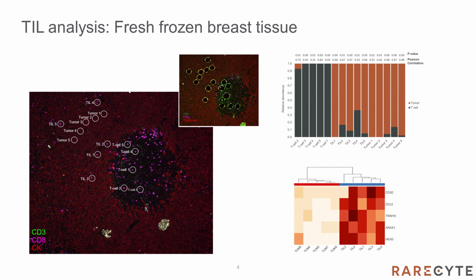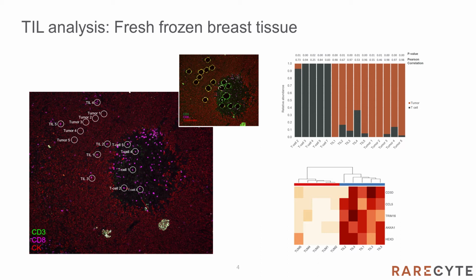After retrieval, RNA was extracted and sequenced from each of the picked regions. CyberSort is a computational method to quantify cell fractions from a mixed population and was used to deconvolve the RNA signatures. The results are shown on the right. As expected, the T-cell picks are largely made up of T-cell expression signatures, while the tumor picks are largely comprised of tumor signatures. The tumor-infiltrating lymphocytes had a mixture signature of tumor and TIL that corresponded to the number of